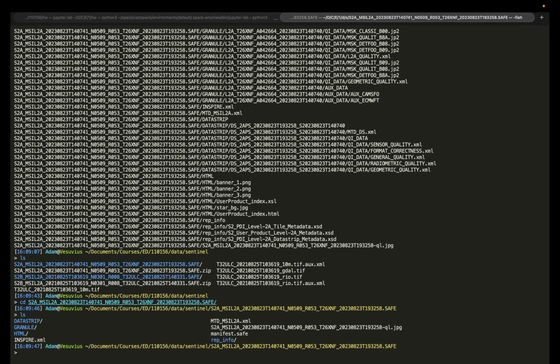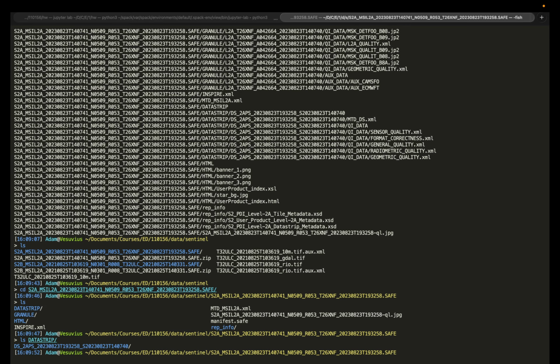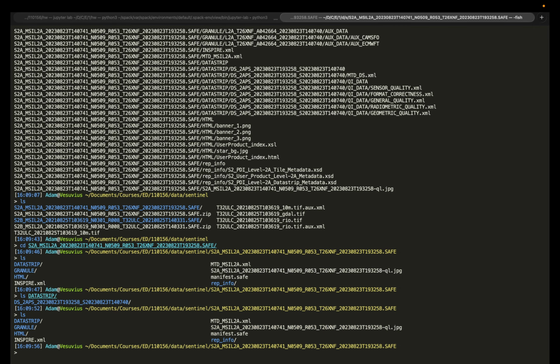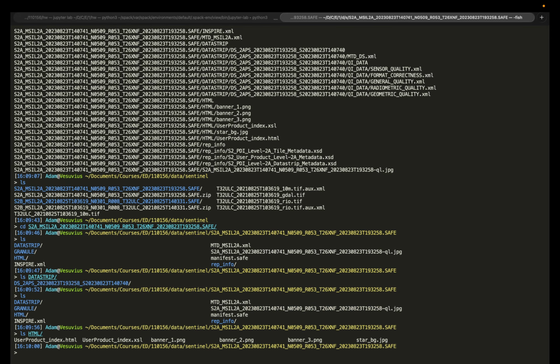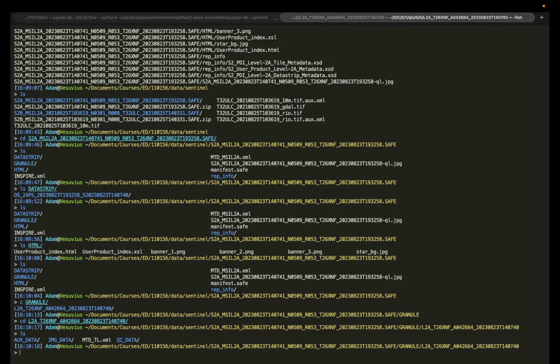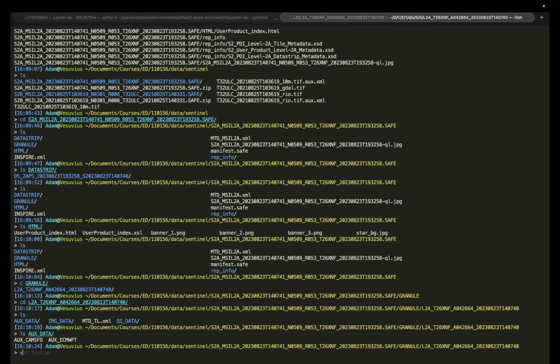So there's this data strip. I actually don't remember what this is. This metadata, okay. There's the granule, which contains the image, and then there's an HTML thing that contains some user information about the data, like basically a tiny little image version of your data so you know what it kind of looks like. So we're going to go into granule. So cd into granule, cd into the specific data here. We have our auxiliary data,